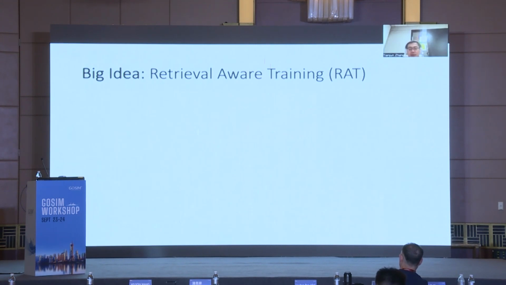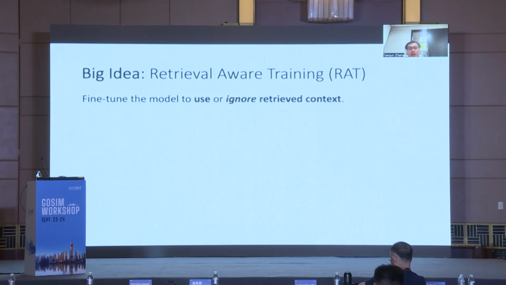Let me explain a little bit of the big idea of this retriever aware training, which is to fine-tune the model to use or ignore the retrieved text. The model could say, here is the text, some of the parts are irrelevant to my question, or if I'm providing the top K results from the retriever, and only one of them is correct. So a model could say, here different documents are actually not relevant to the question I'm asking, so I could choose to ignore them, but only use the ones that are relevant to our questions.